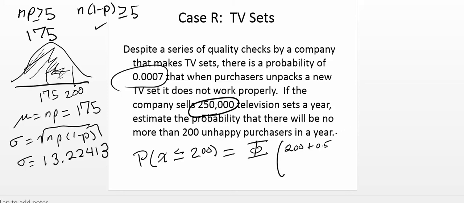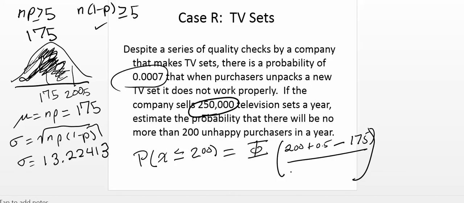So we want to go at 200.5 or less. So we want that portion of the curve, and it'll be a fairly large one. And our mean is 175, and our standard deviation is equal to